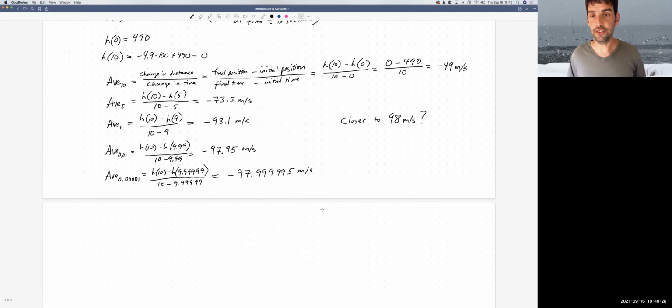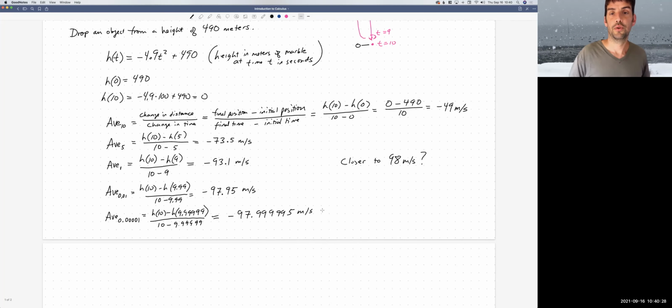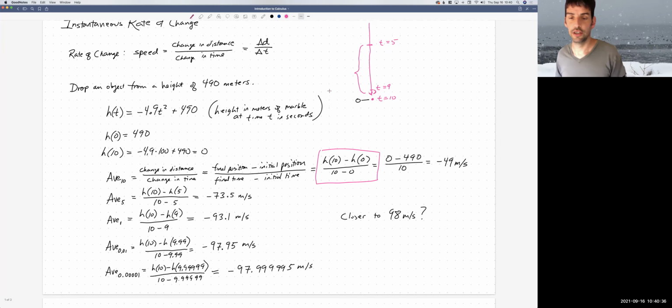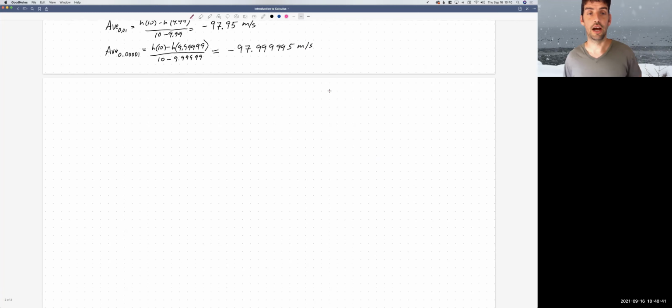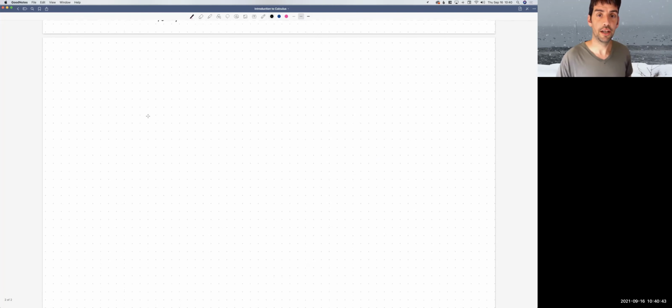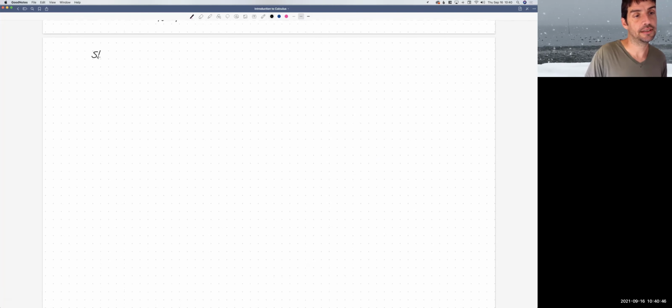You may have noticed, when we were computing these average rates of change, there might be something familiar about that formula, right? You might be reminded of slope, right? Slope has the formula, so let's be more careful. The slope of a line is given by, if you have 2 points on the line, you subtract